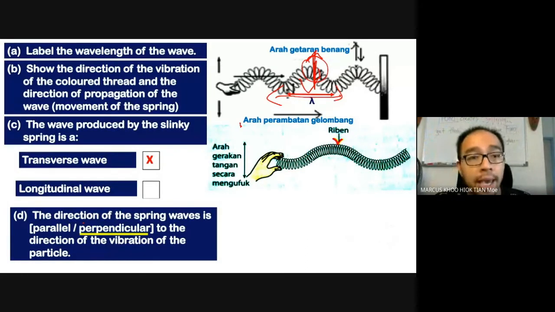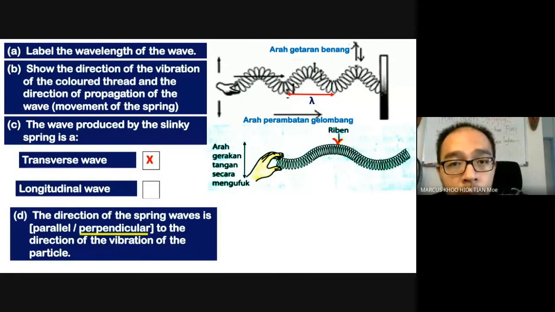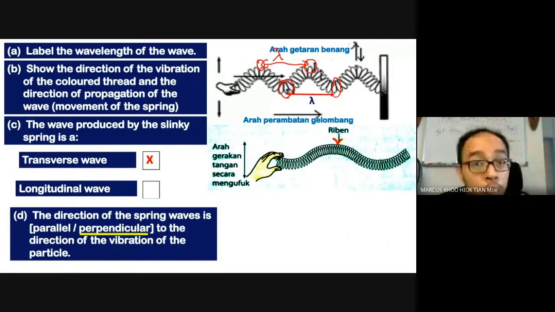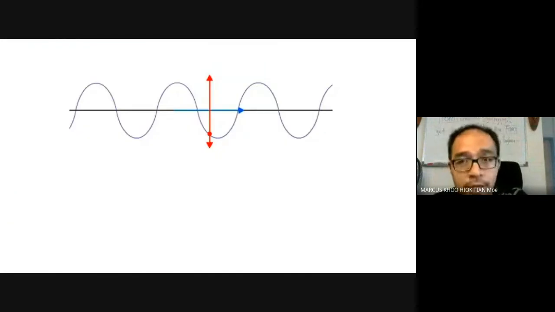And the wavelength, if you notice here, is from one down to another down, or one up to another up. I will talk about this up and down later. So this is also a wavelength. Remember just now in longitudinal waves, we said that the wavelength is the distance between two compressions or two rarefactions. But in a transverse wave,